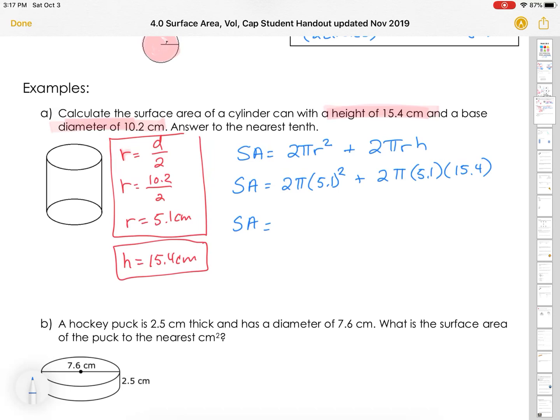So 2 times pi times 5.1 squared equals 163.43, plus 2 times pi times 5.1 times 15.4 equals 493.48. So our total surface area, we add those two together,